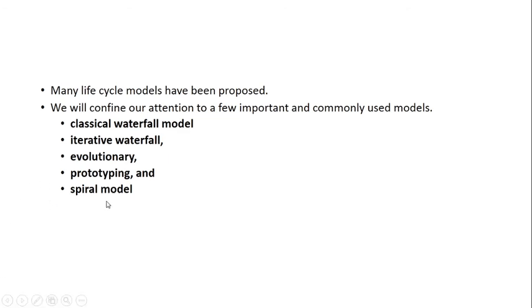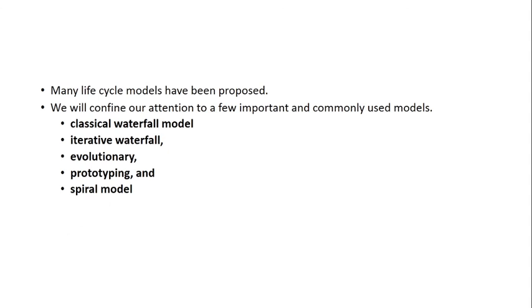Then spiral model is something which is used for a risk based project where risk is associated, like aircraft shuttles, right, where you have to carry out risk analysis in a proper detailed manner so that a minor mistake can be eliminated. Even a minor 0.00001 precision is required, so you have to check for that precision also, else it would be fatal. Let's assume an example of hospital ventilators. If a minor mistake is there, it could be fatal. It can take the life of a person, right? So when we have a risk associated project, then the spiral model is required.